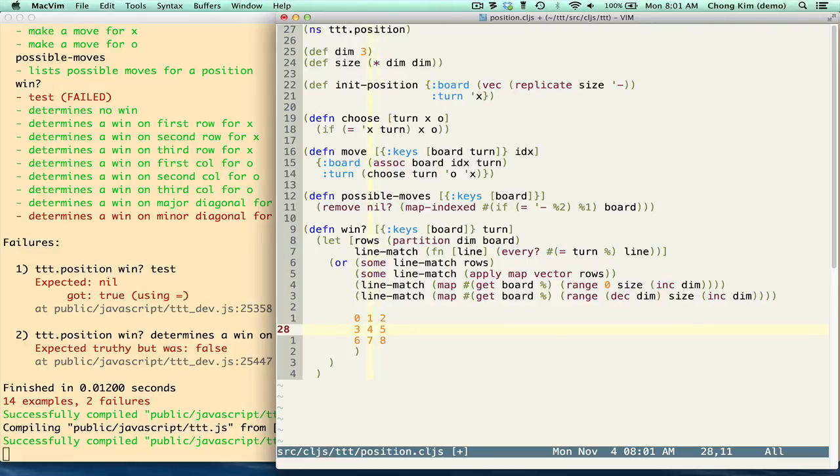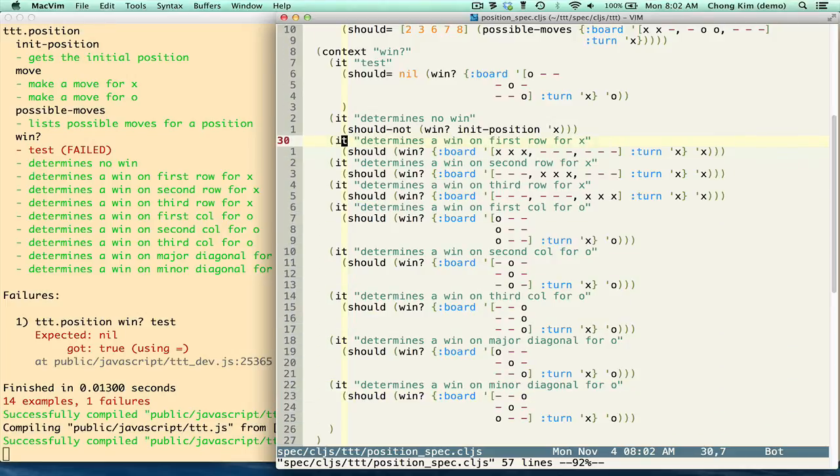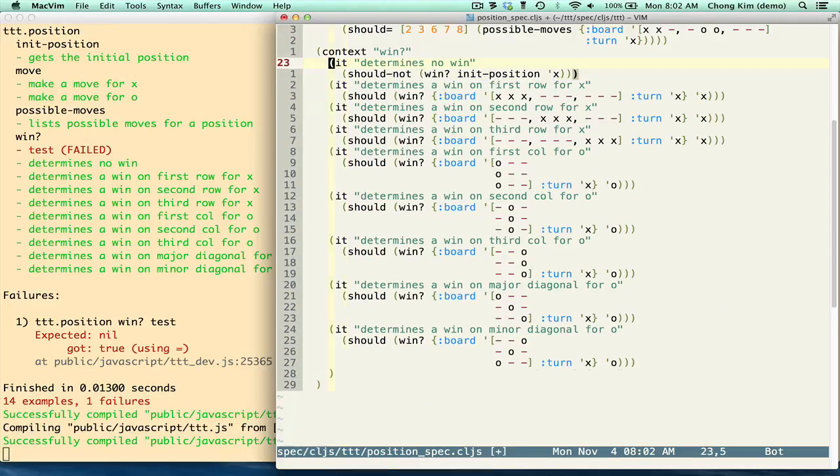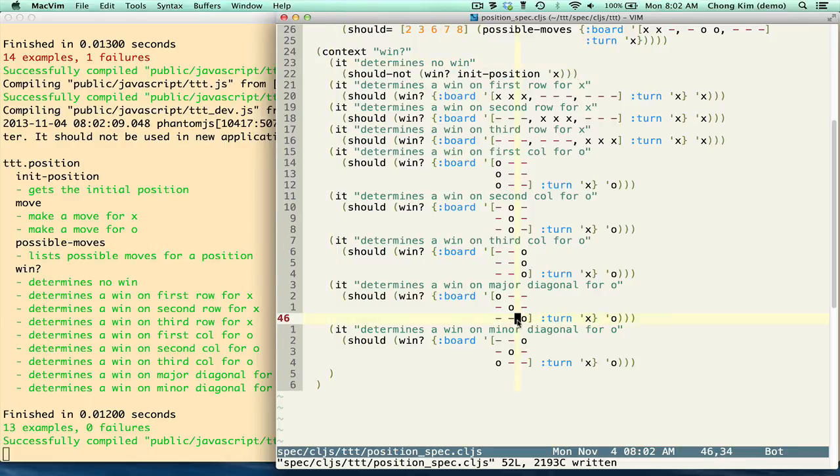If you add 2, it'll go to 4. If you add 2, it'll go to 6. And if you add 2, it'll go to 8. But we don't want to include the 8. So here, we're going to decrement the size. So we're not including the 8. And the steps that we're taking is 2, which means that we're going to change this to a decrement. All right. So let's see if this works. And it works. Great. So now we just get rid of this debugging information over here. And everything passes. Okay, so this handles the position, and